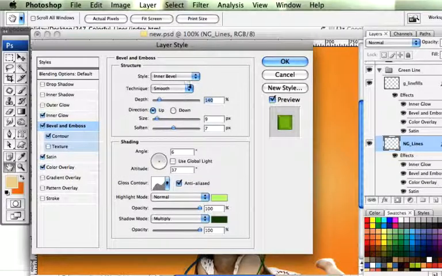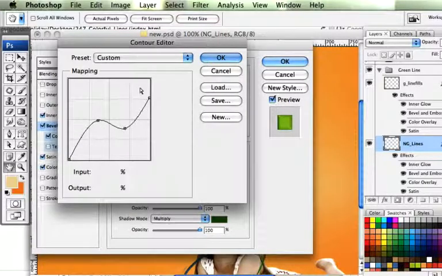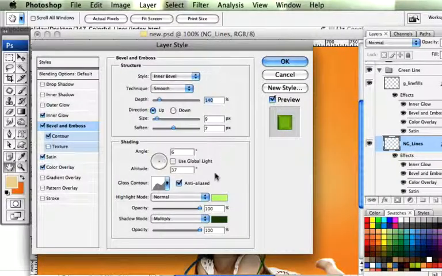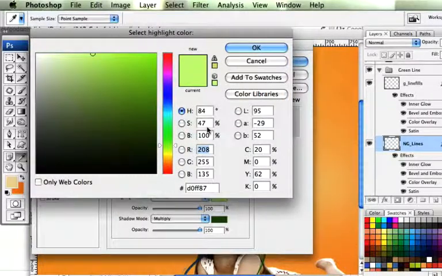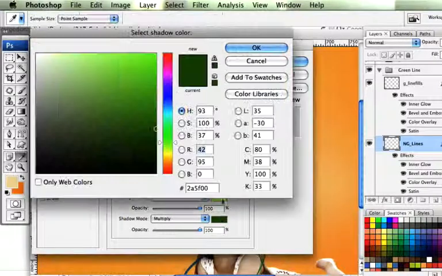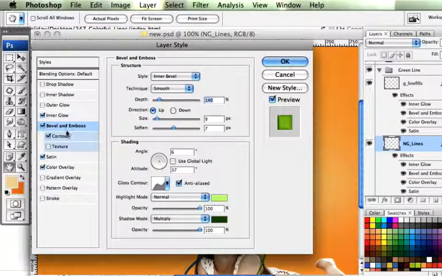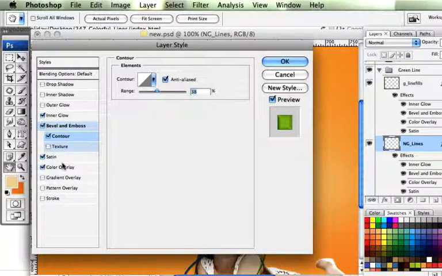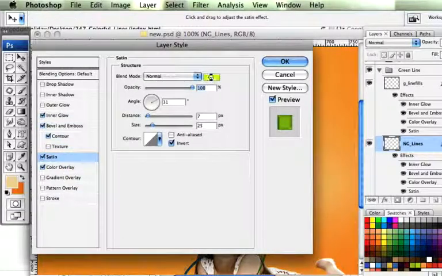Bevel and emboss, again it's inner bevel, smooth, 140%. We've got it in direction of up, 9 for size, 7 pixels for soften, and an angle of 6. We're not using global light, and the altitude is set to 37, and again we've got it set to this small little hill mapping here, which is a custom one we showed earlier. And the colours we've got set are DOFF87, and that's on normal and 100%, and on multiply for the shadow mode it's set to 2A5F00, and again 100%. Contour is set to 38%, satin normal, and the light green colour is